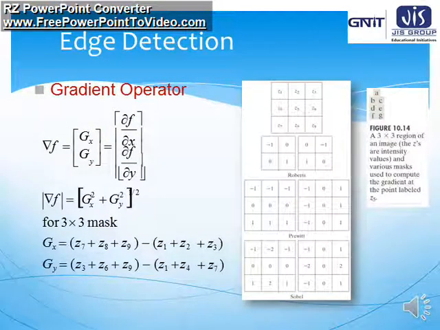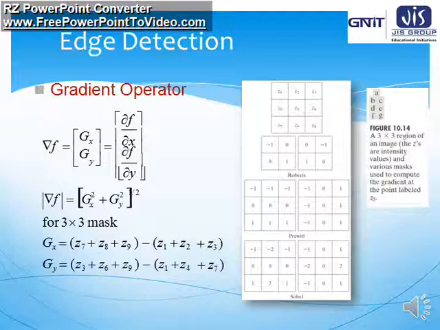Again we have the same things given here, using some examples of masks. So here we can see some masks. The first one is given as Z1, Z2, Z3, Z4 up to Z9, because this is a 3x3 mask, so the values start at Z1 and end at Z9. These Z are the intensity values, and this is known as the weightage of the mask.